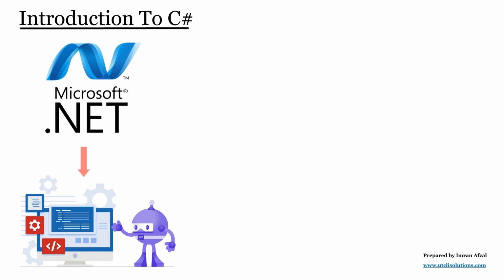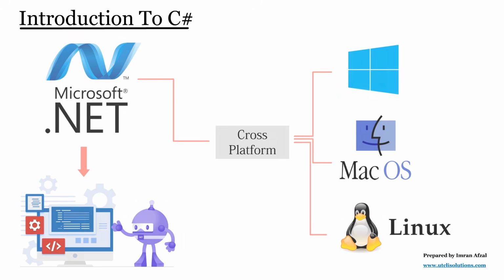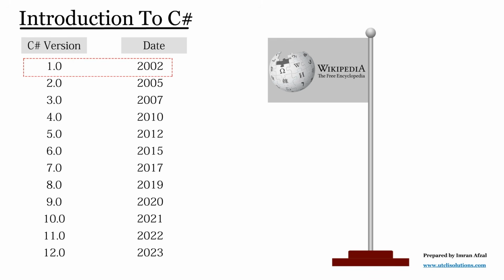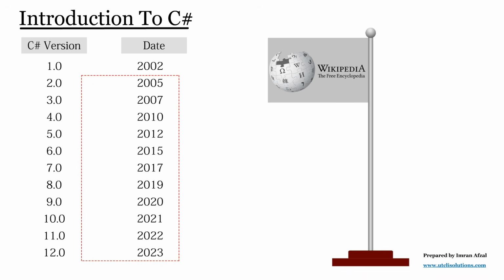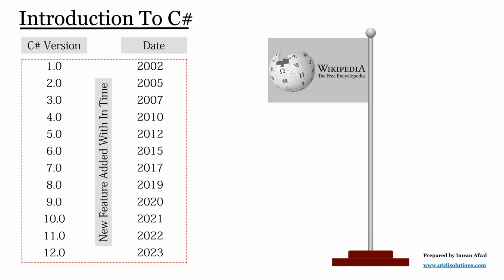With .NET Core and the later .NET 5 and beyond, C Sharp applications can run on multiple platforms, including Windows, macOS, and Linux as well. The first version of C Sharp was released in 2000, marking its beginning as a modern programming language. Over the years, C Sharp has evolved with new features and enhancements, aligning it with the needs of